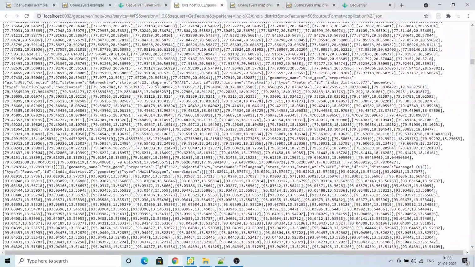If I go down below, these are the attributes. So we are fetching the actual data. This is the web feature service, WFS. And after that, WFST, web feature service transaction, means you can change these values on the web. I'll show you how to fetch WMS, WFS and WFST.